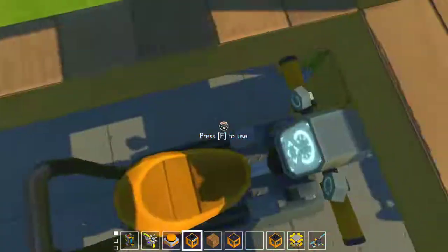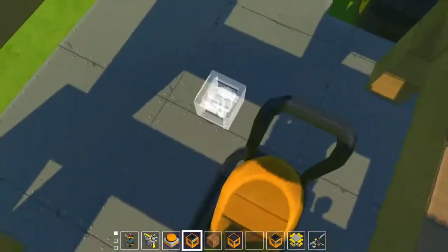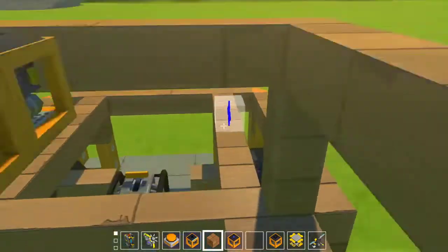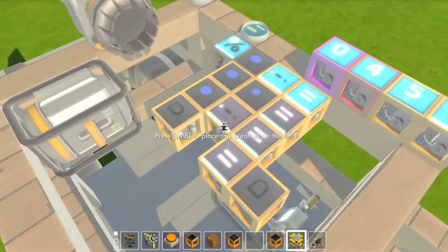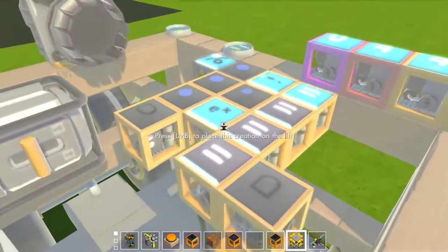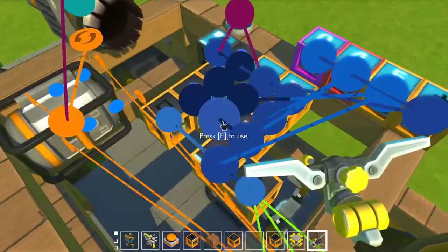We also want one where I'm covering my own logic here. We also want one where, let's grab another math block. Right, we want to grab